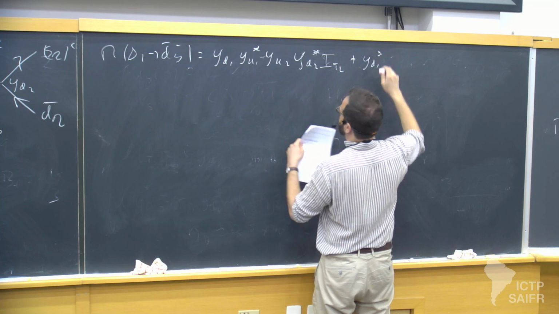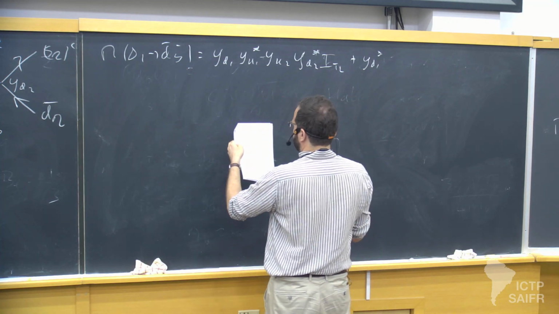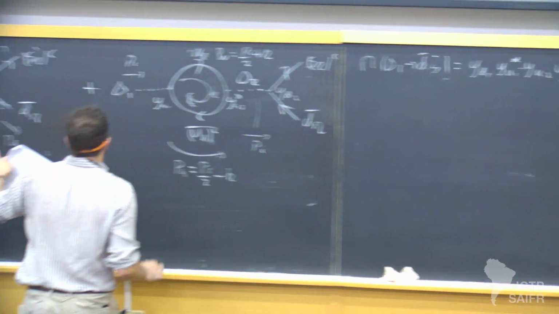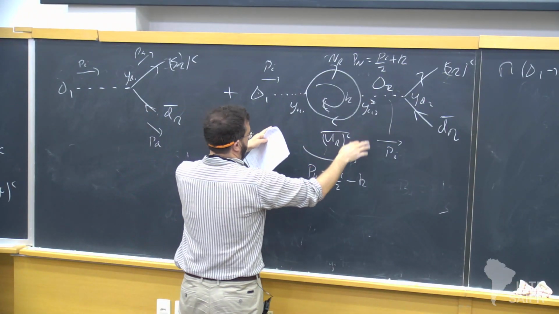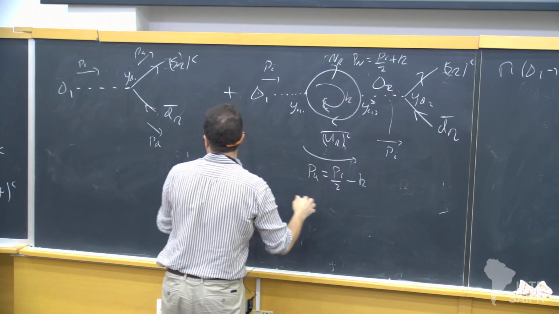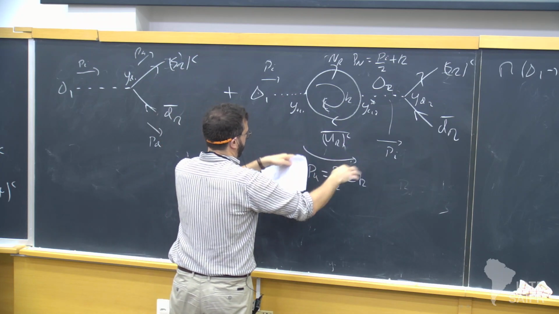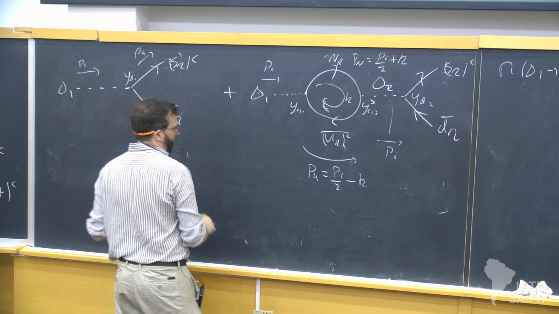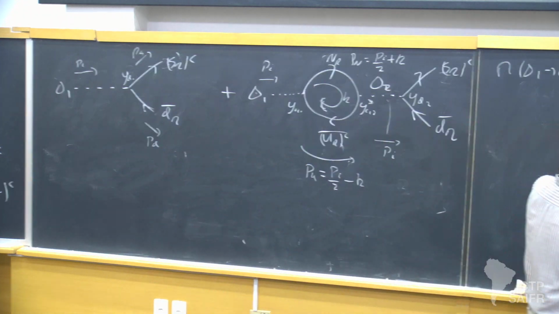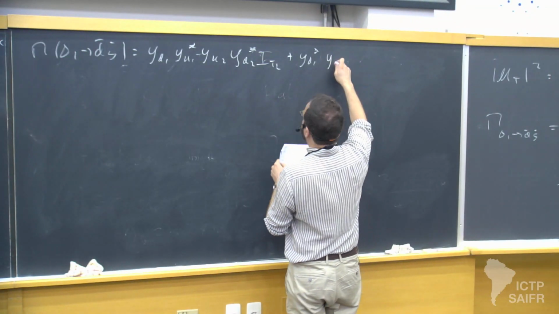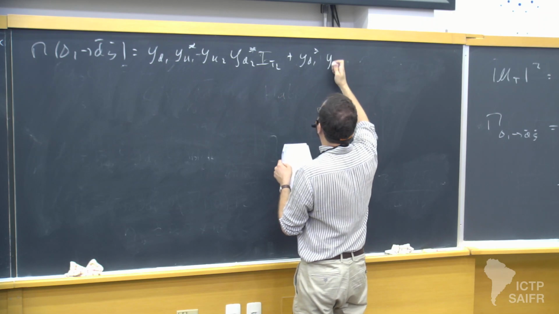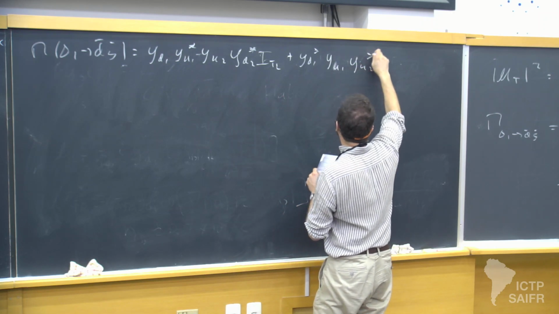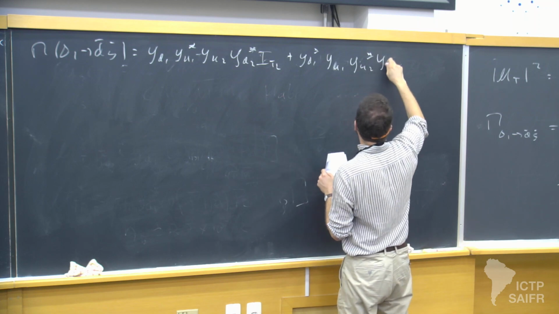And now here, instead of having this diagram and this diagram star, you have the contribution of this diagram interfered with this diagram star. Yeah? So you just get the complex conjugate, YD1, YU1, YU2 star, YD2,